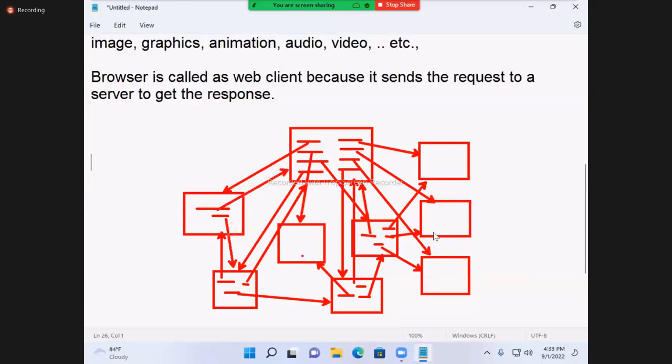Whenever you open a home page, many hyperlinks appear. Suppose, for example, yahoo.com. Yahoo Mail will be there, Yahoo Chat will be there, Yahoo Games will be there, Yahoo Sports, Yahoo News, Yahoo Cricket, Yahoo Movies, Yahoo Shopping, and the Yahoo search engine are there. So many are there.